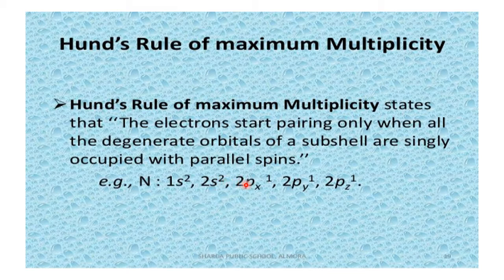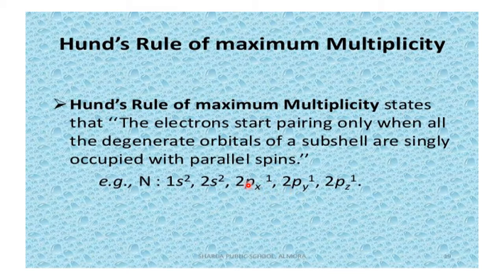Why? In the p orbital there are 3 orientations, px, py, pz, so each orbital can take 2 electrons. Therefore, how are the 3 arranged in the p? All the 3 will not go into one orbital, so don't write 2px2 and 2py1. Why? Because Hund's rule says that as long as space is available, they don't prefer to pair up.